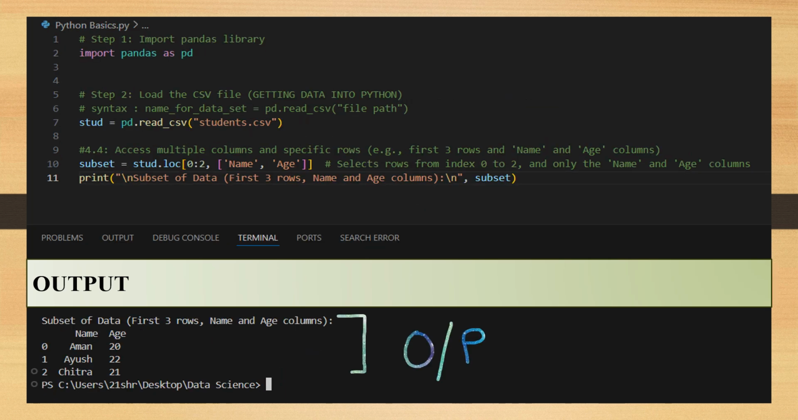Now, if I want to access multiple columns and specific rows, how can I do that? So let's say for example, I want to fetch the first three rows and the name and age columns for the same. So first three rows would be 0th row, first row, and the second row. So I can take my variable name, I have taken it as subset, is equal to dataset name dot loc,